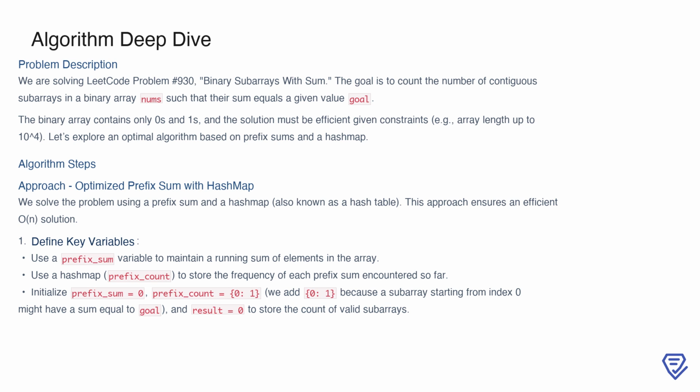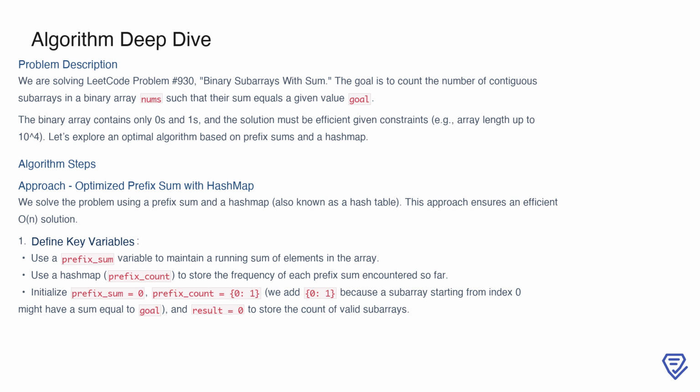Here, the prefix sum helps us track the cumulative sum of elements as we iterate through the array, while the hash map stores the frequency of each prefix sum encountered. This allows us to efficiently check if any subarray sums match the goal. We initialize the prefix sum to 0 and pre-populate the hash map with a key value pair of 0, 1, which accounts for cases where a subarray starting at the beginning of the array has a sum equal to the